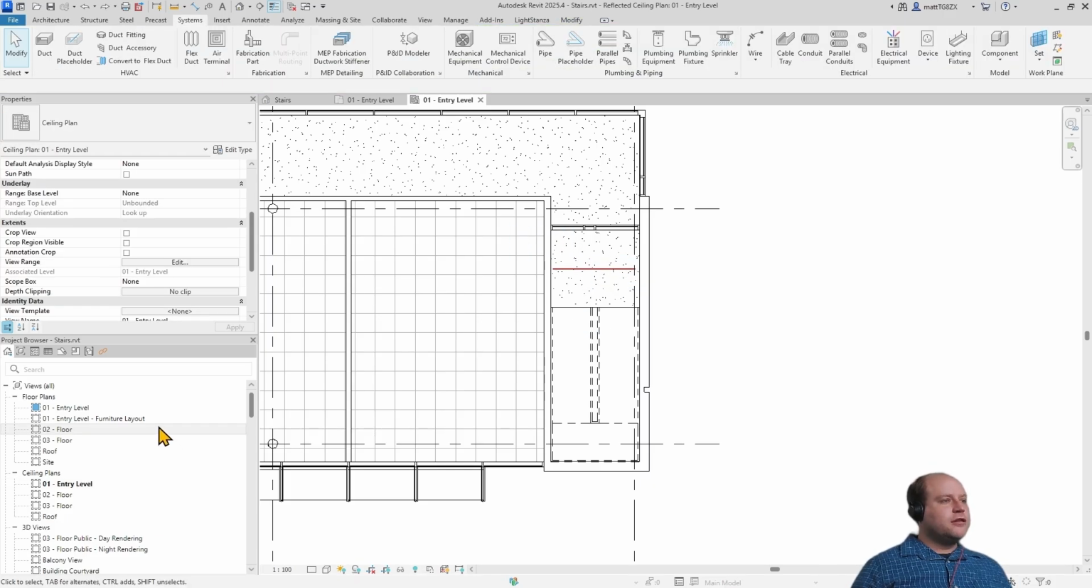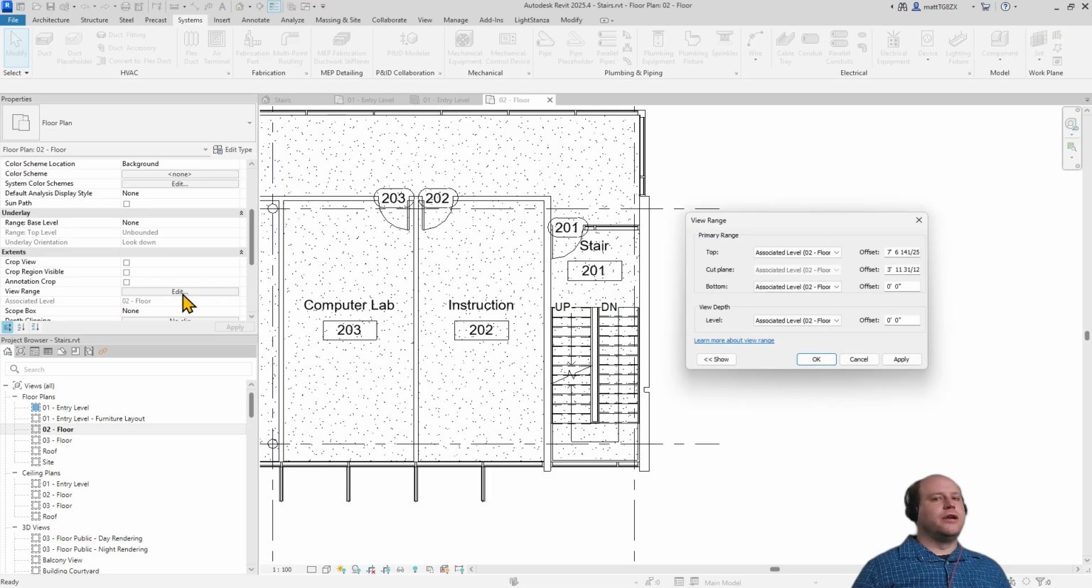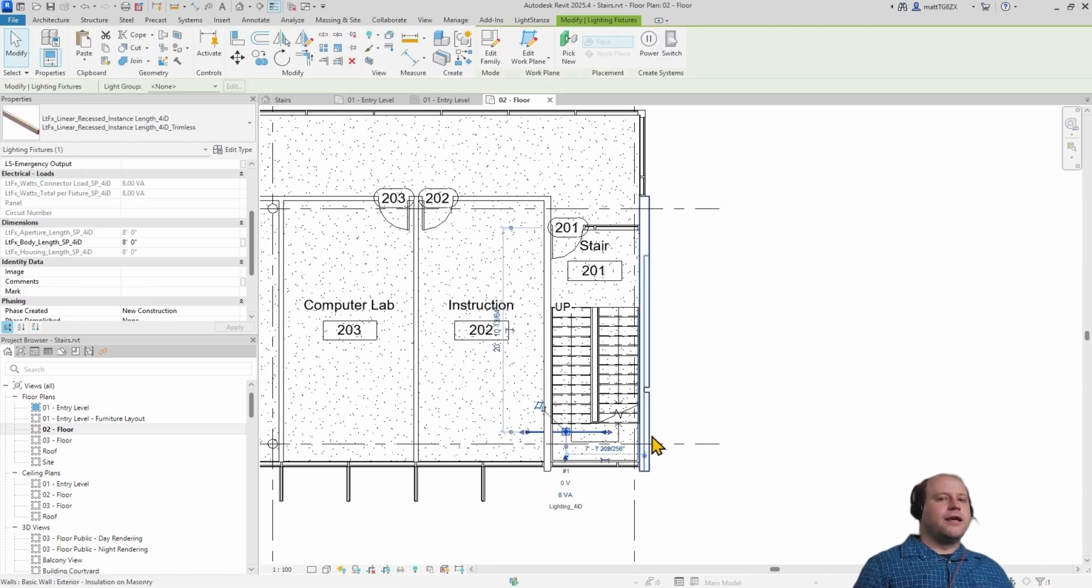Now moving up to the 2nd floor plan, notice we don't actually have any lighting fixtures visible in the stairwell. So you may need to make an adjustment to the view range if you notice this on your model. We can just increase the cut plane so that it can engage the lighting fixture. Try 7 feet. And now that linear is also visible,